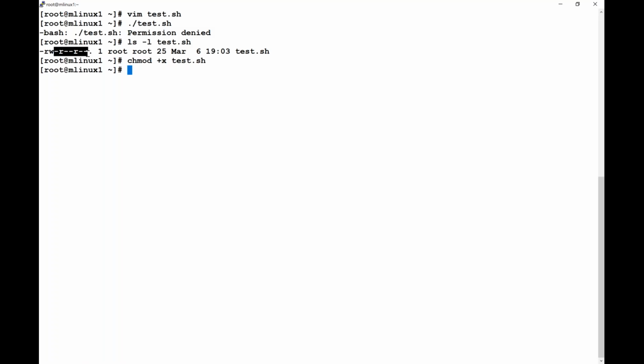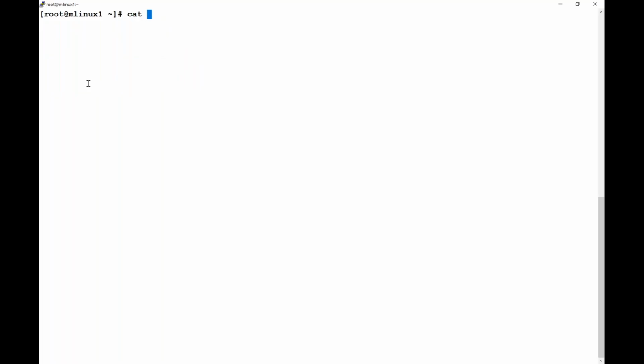Plus x means I want to give execute permission for user, for group, and for others. So at all levels I have given execute permission. Now just read this file with cat, which contains 5 commands. Now when I run the script